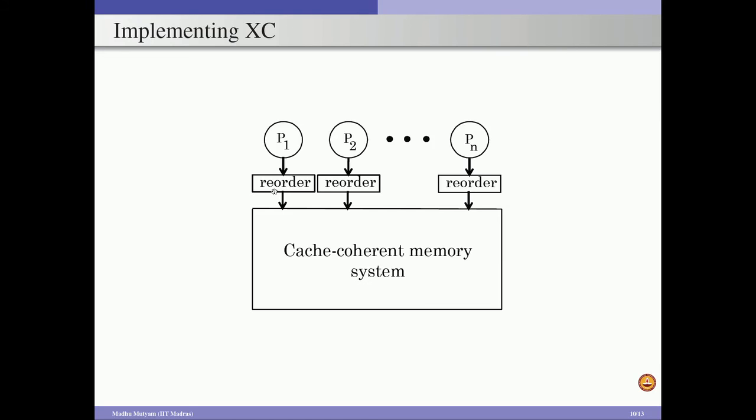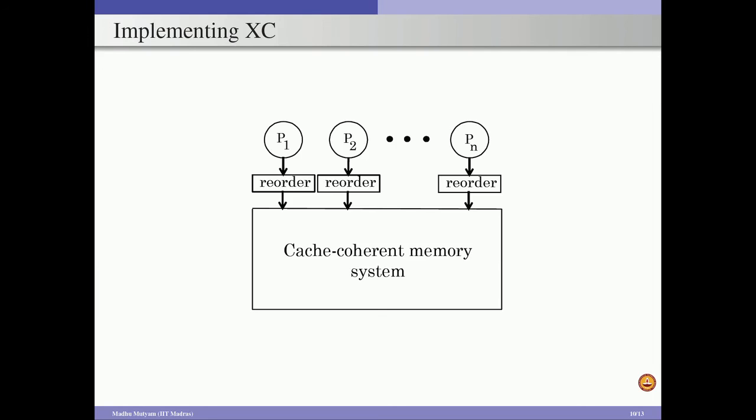Whenever we are issuing an instruction to a functional unit, we are actually making an entry in the reorder buffer, and the instruction can execute in any order with respect to the other instructions in the program. But when we are committing the instructions, we will commit them from the head of this ROB, so that all the instructions will be committed in the program order. So, that is the overall idea of